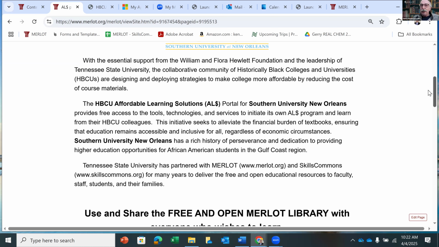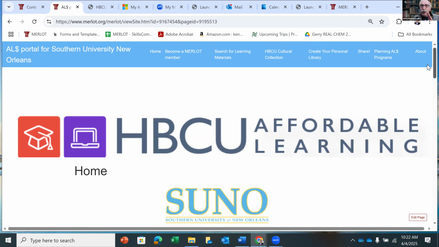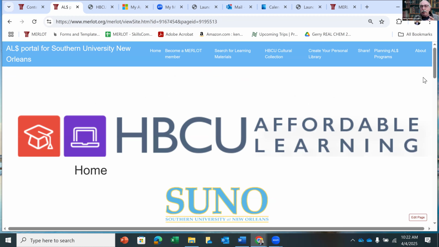So the first thing I'll do is walk through what's in each of your portals, using the SUNO website as an example. Each of you has pretty much the same amount of information here for you to work with. Does that sound okay for me to walk through what you have here? And then I'll show you how you can edit this yourself. Sound good? Okay. All right.